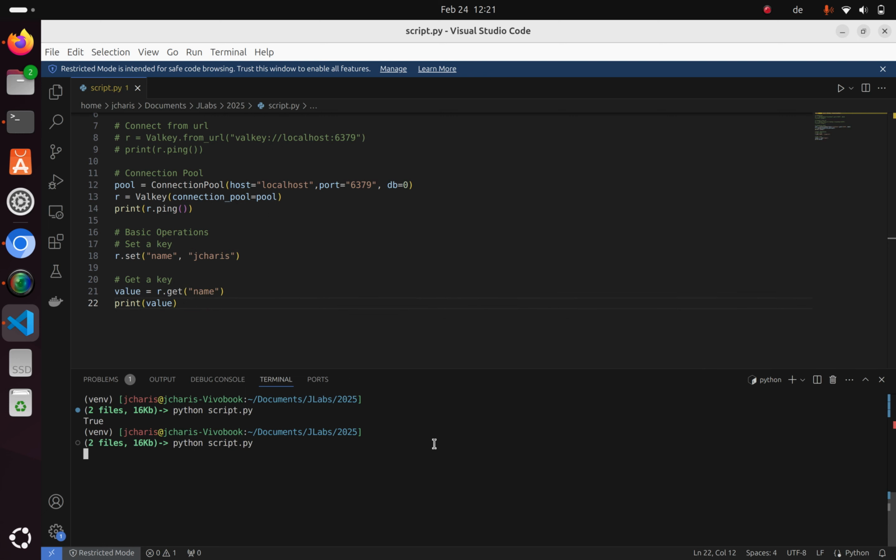Right, run this one. So we have the value. We have gotten the value back, right? You can get the key, set a key. You can also check if the key exists